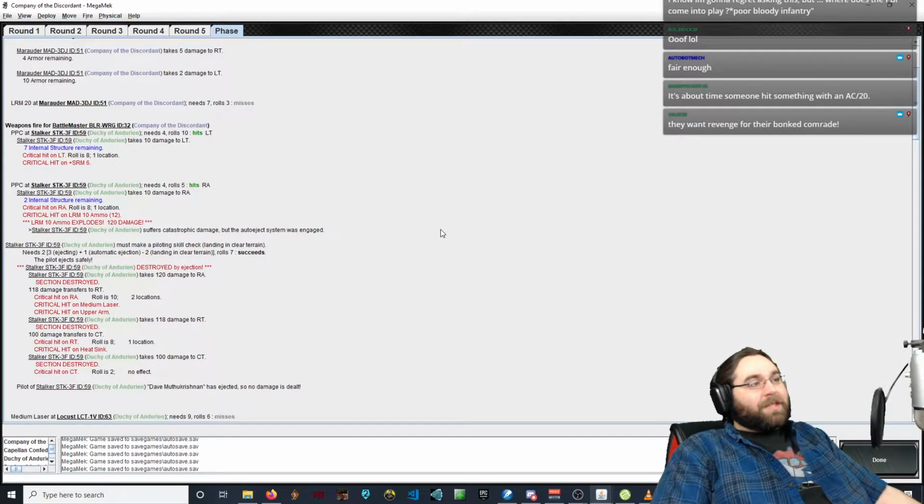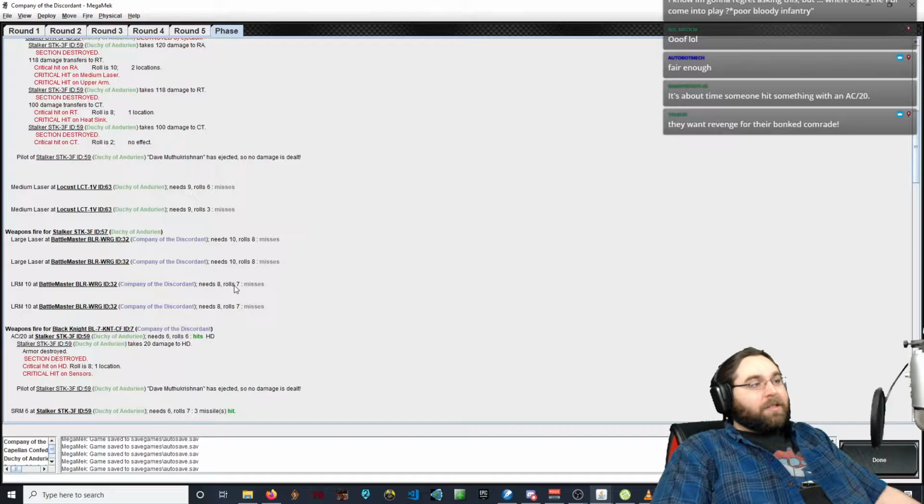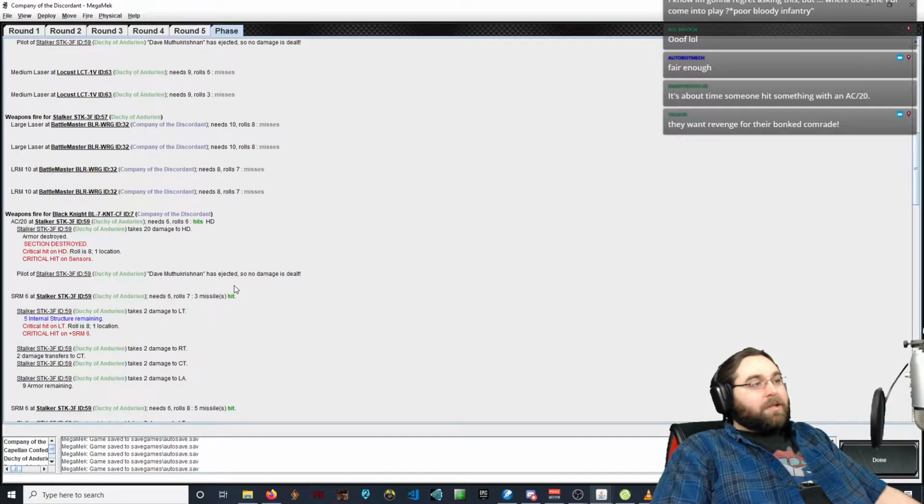The Battlemaster, however, taking the win on this one. His second PPC hit does manage to hit the right arm. 2 structure remaining. Critical on 2 locations, hits the ammunition and blows him completely apart. So 1 Stalker down. Second Stalker failed to hit any targets. The Black Knight...